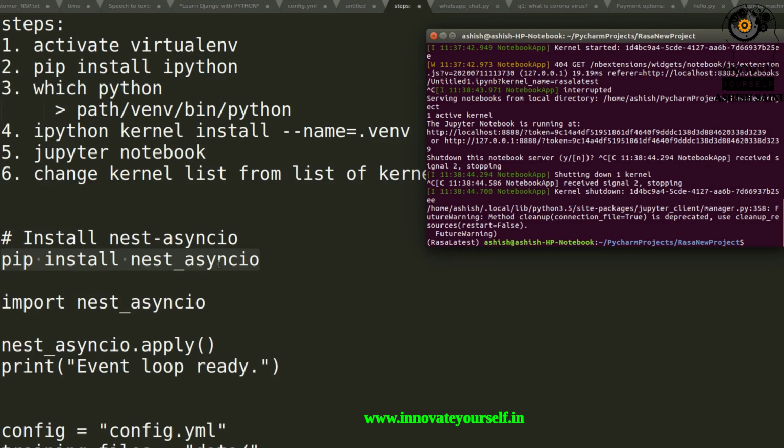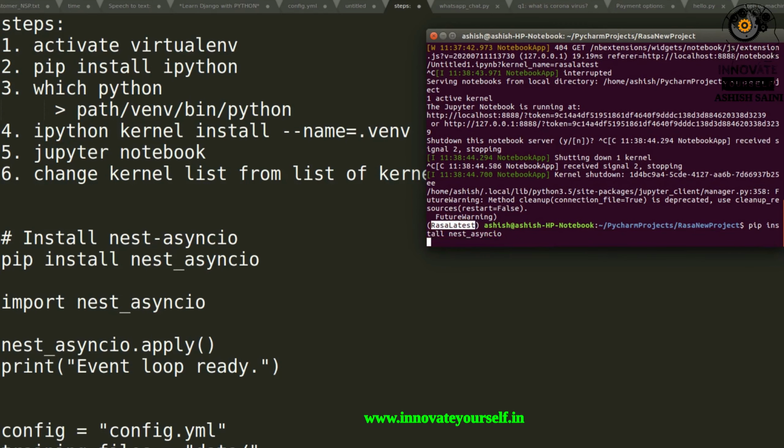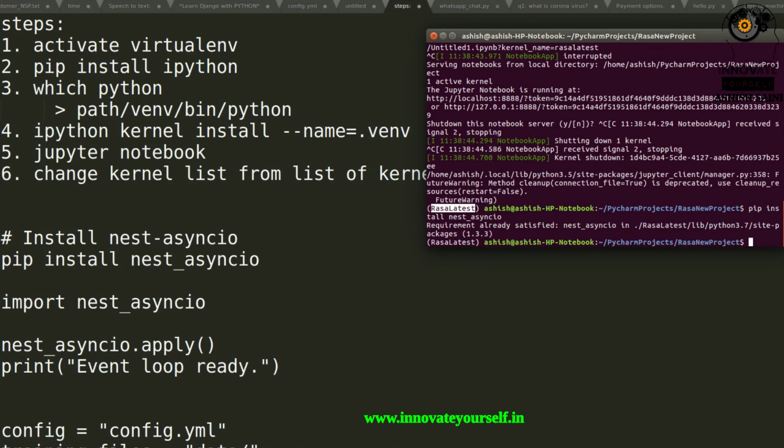So that is the reason we have to install it, right? Go to the same environment. After activation, just type this command, and when this is installed, you have to run your Jupyter Notebook, right? In my system it is already installed, so you can install it like this.